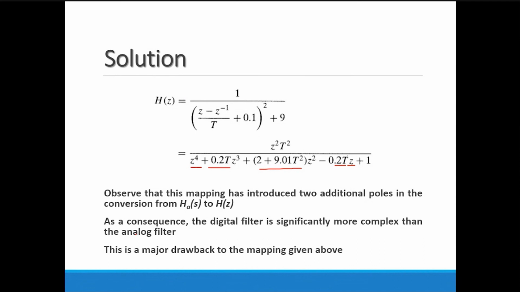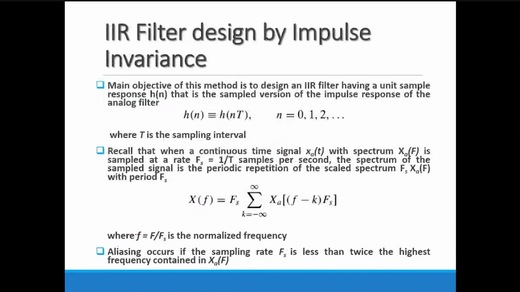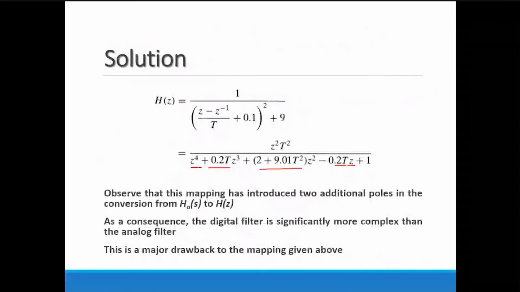So these are the 2 mapping examples we have taken today, and with this we are completing the first part of IIR filter design, IIR filter design using approximate derivative. In tomorrow's lecture, we go for IIR filter design by impulse invariance. Okay, so three different methods are there: approximate derivative, impulse invariance, and the last one is bilinear transformation.